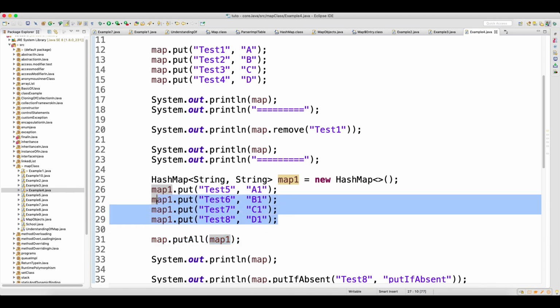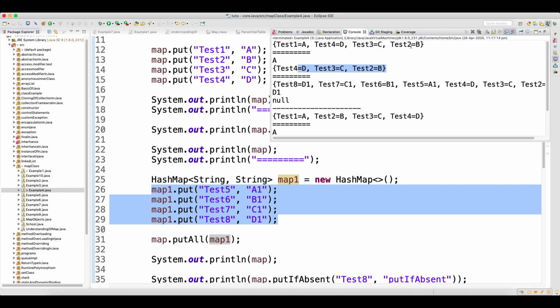If a key is duplicate, say this map has the same keys test1, test2, test3, test4, none of that data will get added to the first map, because the thumb rule is that the key should always be unique. If your second map has the same key as your first map, the data will not get added, which I will also show you.